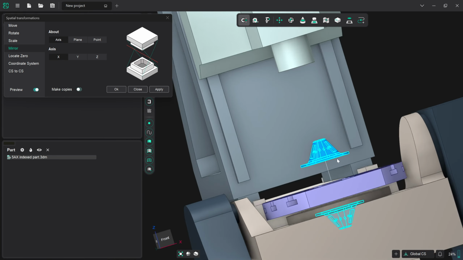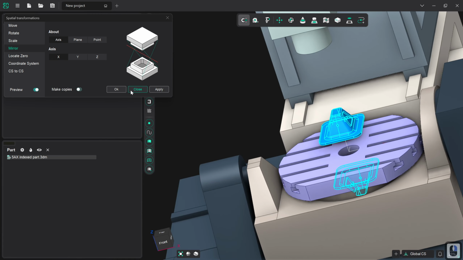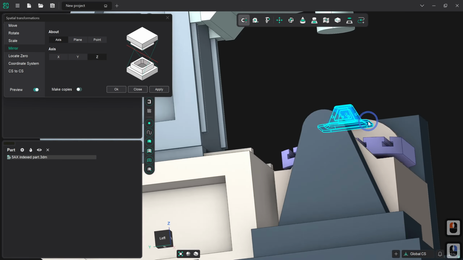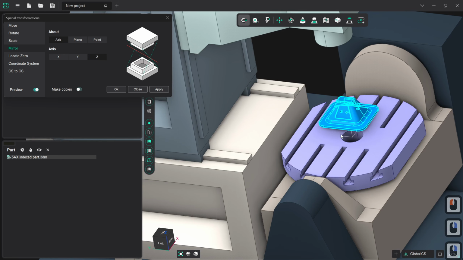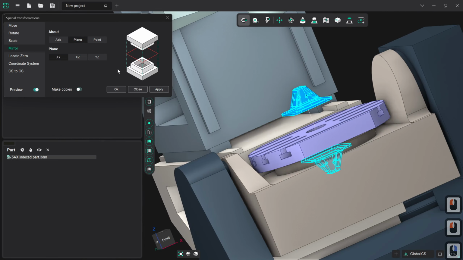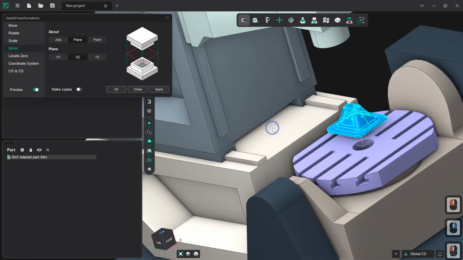As you can see, we have perfect mirroring there in X and Y, because again, with that bilateral symmetry we can't really tell. In Z, it's currently mirrored along the Z plane, and again, that bilateral symmetry is what's caught us. However, if we revert back to X and then go with a plane instead, and then XZ,